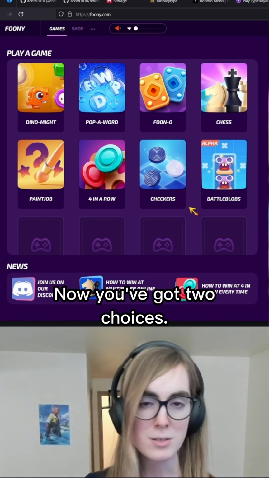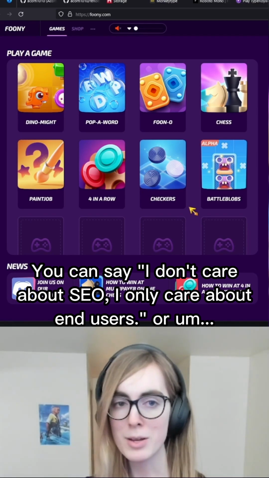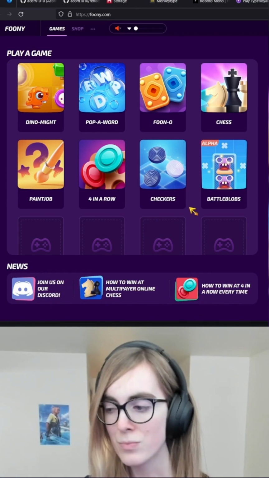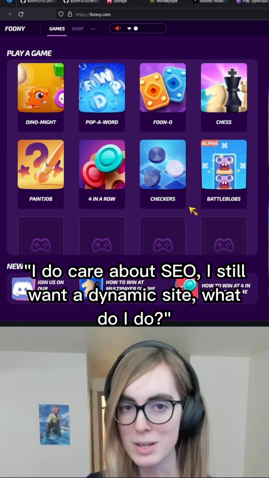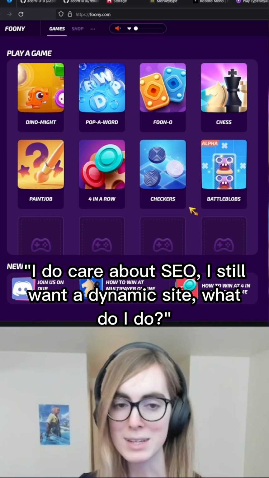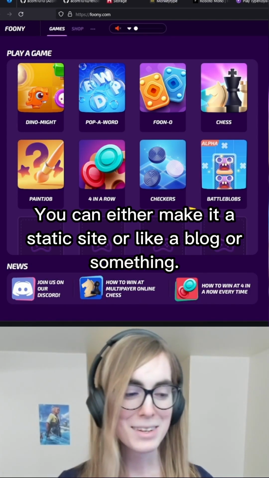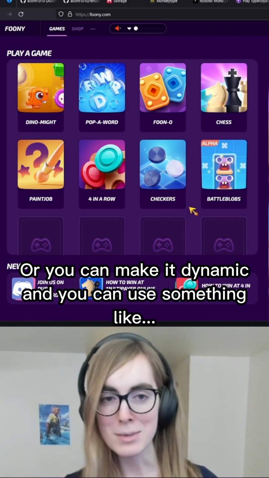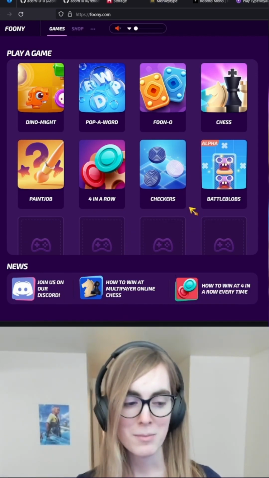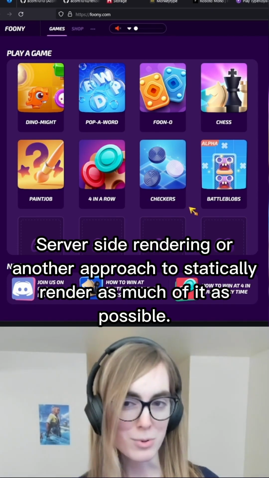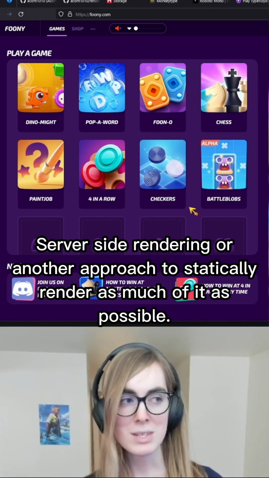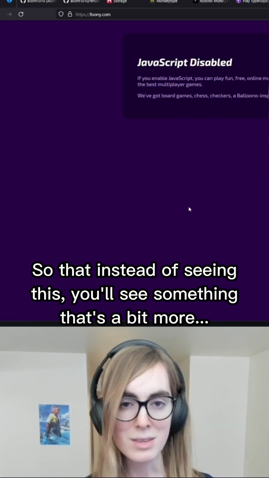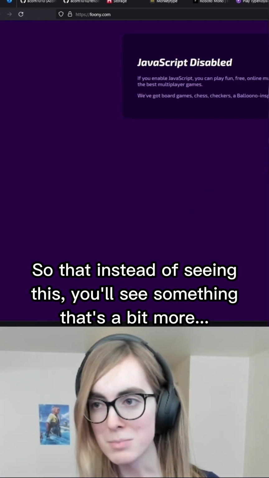Now, you've got two choices. You can say, I don't care about SEO, I only care about end users. Or, I do care about SEO, I still want a dynamic site. What do I do? You can either make it a static site with like a blog or something, or you can make it dynamic and use something like server-side rendering or another approach to statically render as much of it as possible. So that instead of seeing this, you'll see something that's a bit more